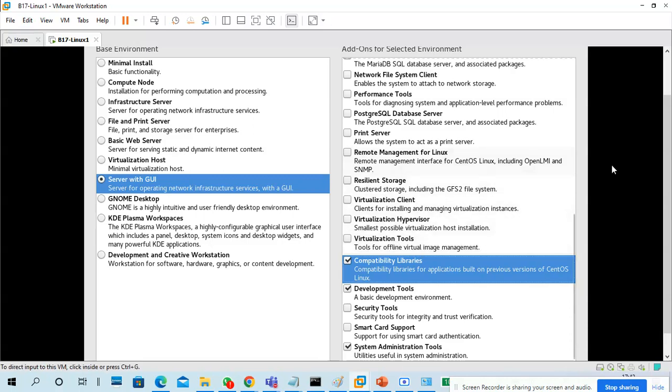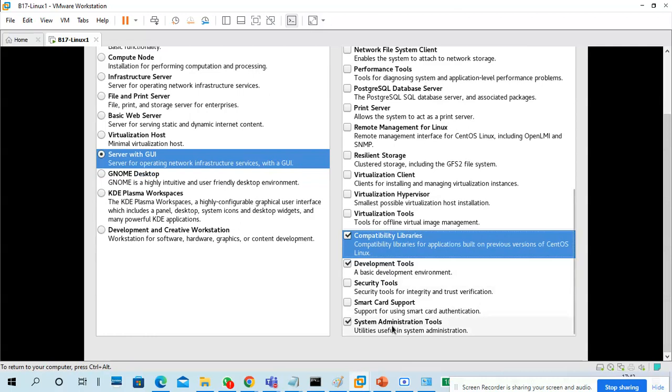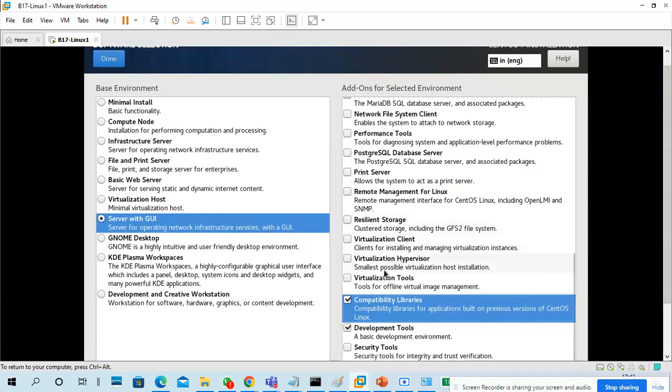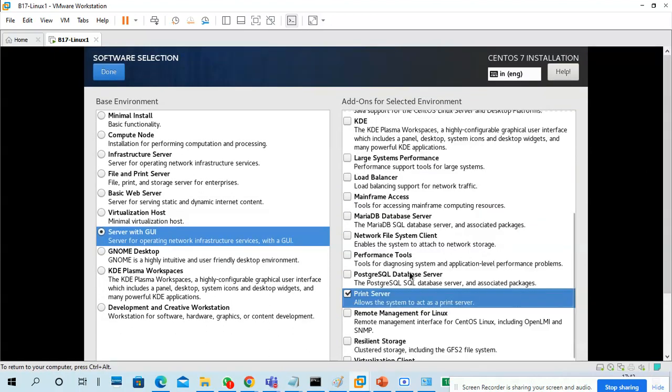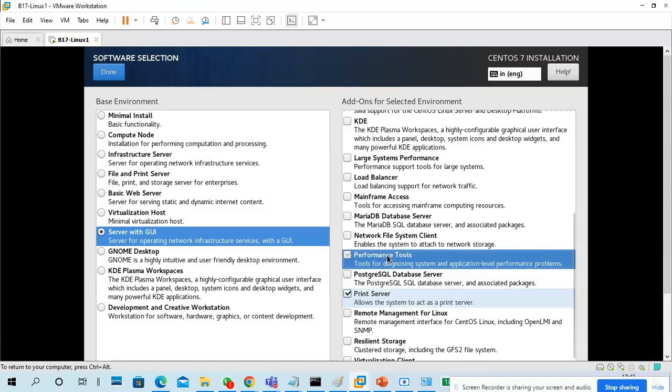Currently, I'm not showing that one. So what I need is system administrator tools, some utilities, development tools, compatible libraries. I'm selecting print server, performance tools.